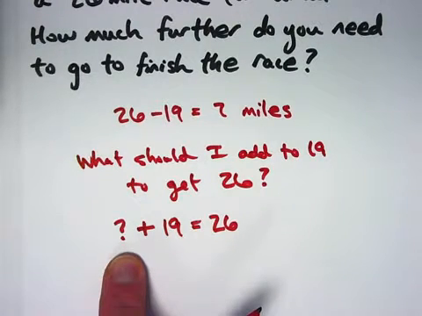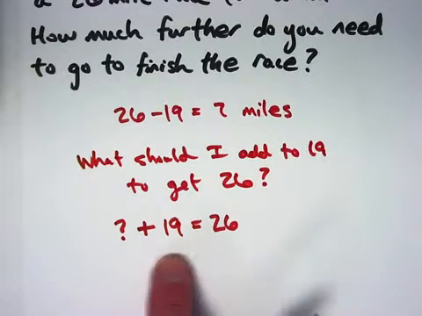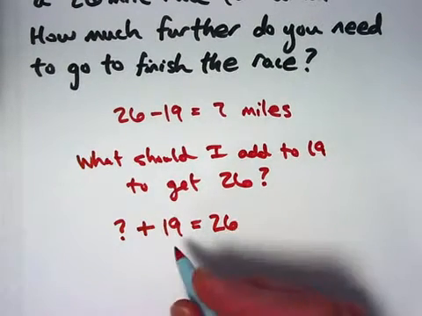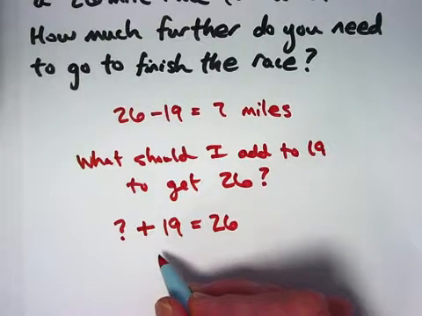Now you can find it in this example easily enough just by thinking about it to realize the question mark must represent the number 7, and well, I guess it's just a coincidence that it sort of looks like a 7. But in general, when you're trying to solve an equation like this, to figure out what the unknown is, this question mark, one way to think of it is to imagine